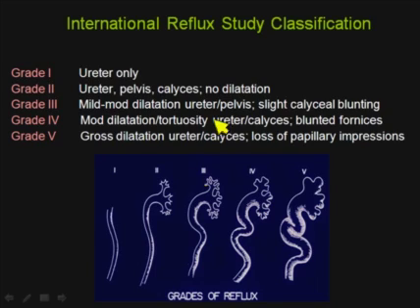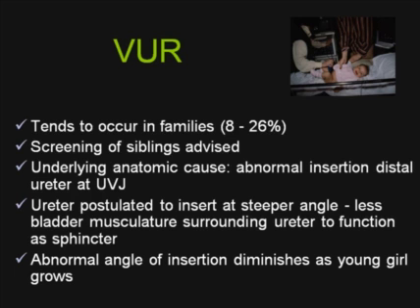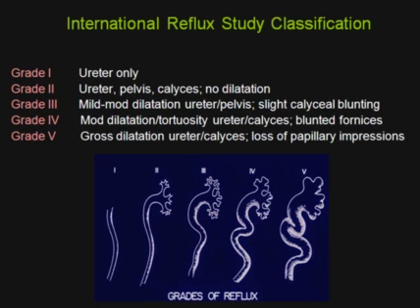When it's only into the ureter, it's grade 1. When the reflux goes all the way up into the collecting system, but there's no dilatation, that's grade 2. With grade 3, there is mild to moderate dilatation of the ureter and the pelvis, there's some tortuosity, and there's slight blunting of the calyces. With grade 4,